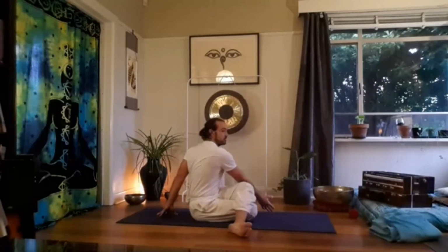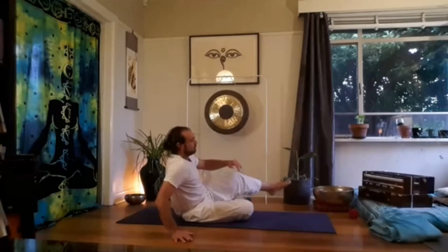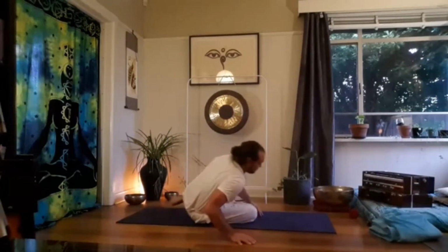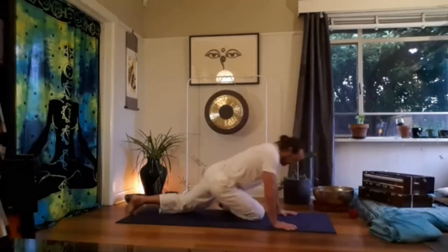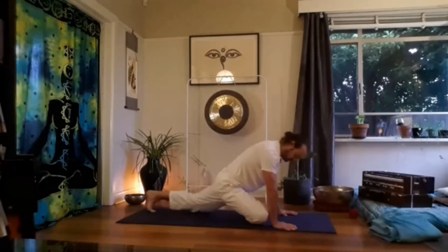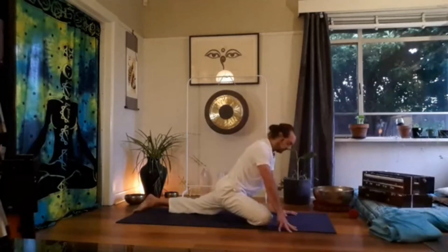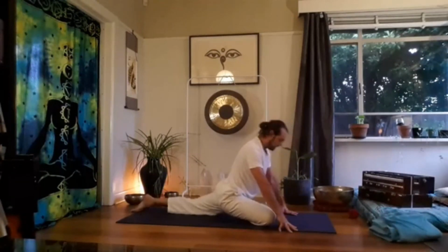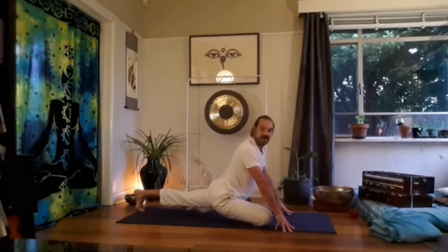One more breath. The inhale, you come back to center, leaning to the left, and you can swing your right leg around to the back, planting your hands forward, and you can adjust for your pigeon, so adjusting your left leg according to your knee, to your ability. And you can come onto your fingertips, and you really want to be reaching back with your right leg,